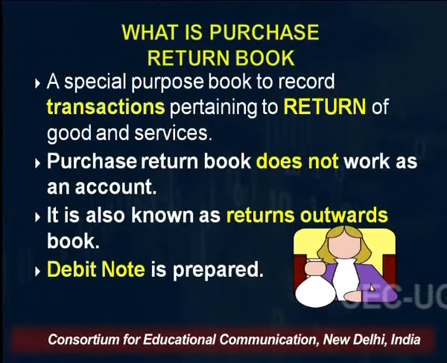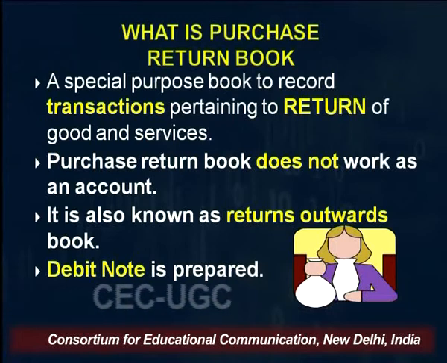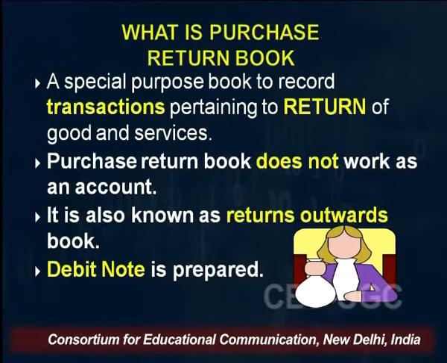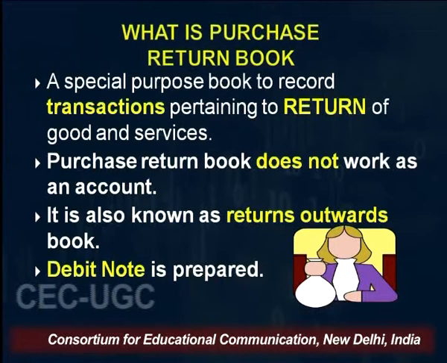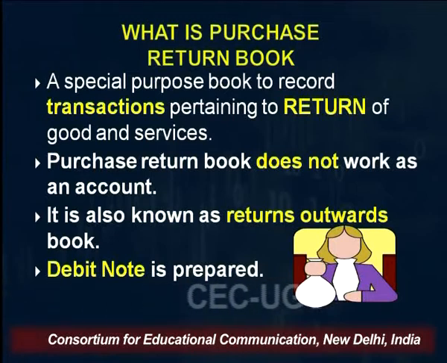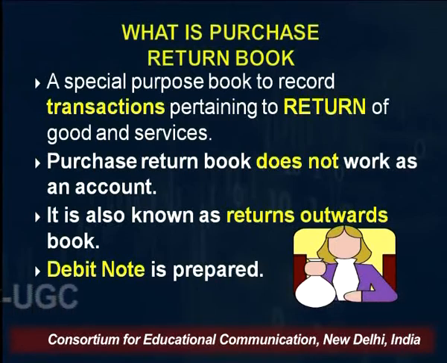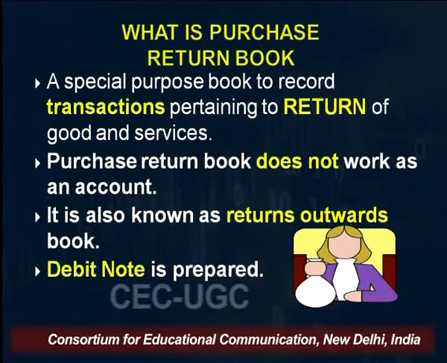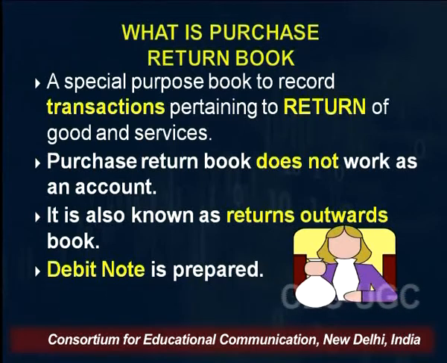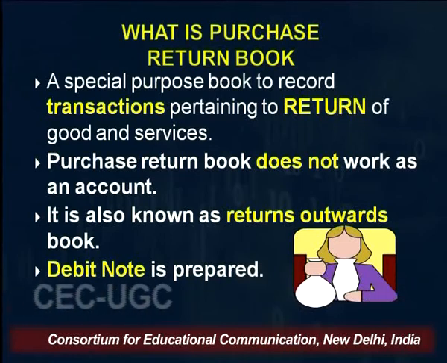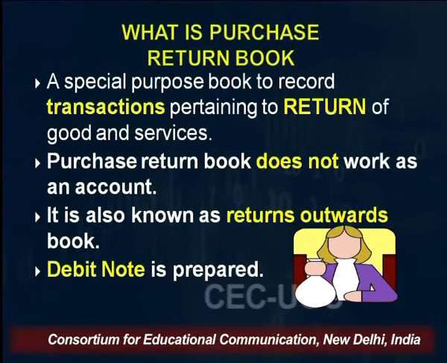This is a must: only those purchases which were on credit, and out of those purchases, if something is returned, then that is going to be recorded in the book known as the purchase return book. So the question which may come to your mind is, what if somebody is returning something out of the purchases which were made on cash? So friends, please note down, such purchases which were made on cash, and out of that if we are returning something, we are not going to show that in the purchase return book, right?